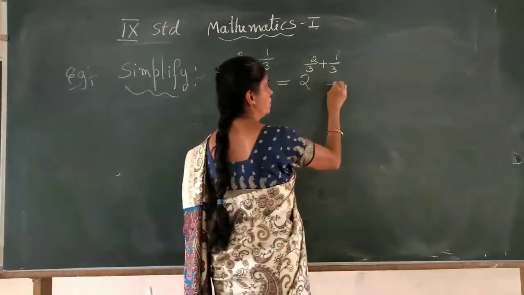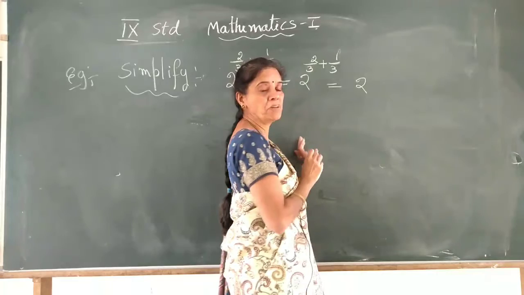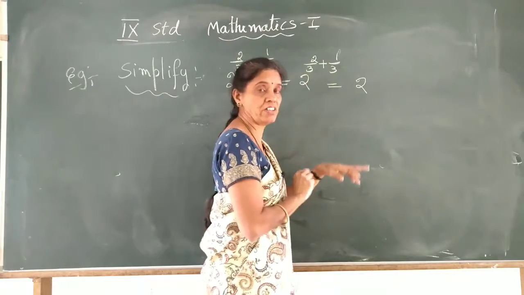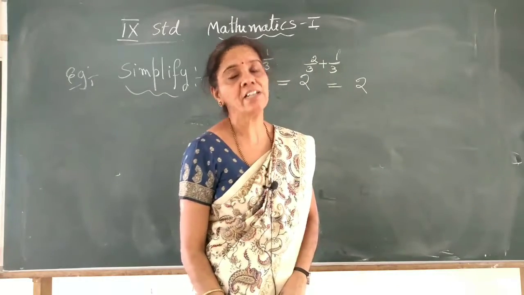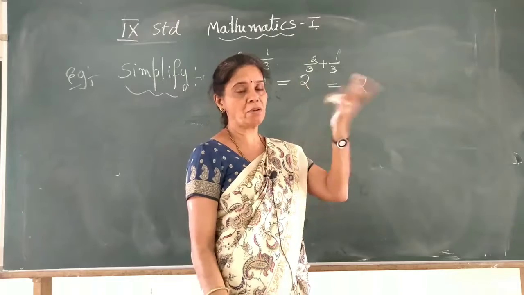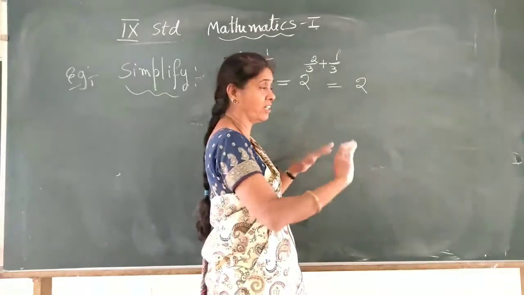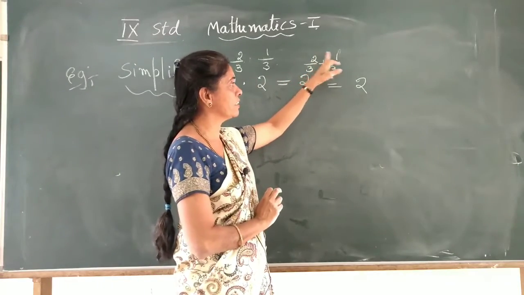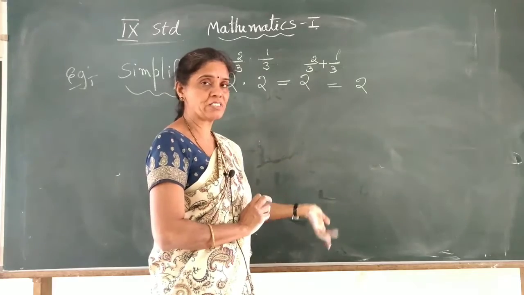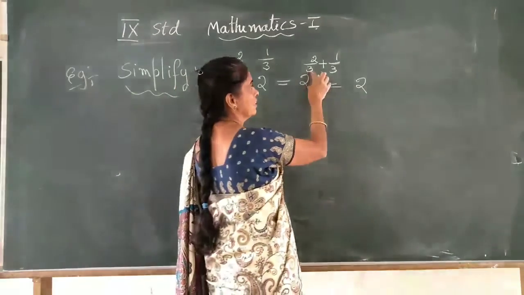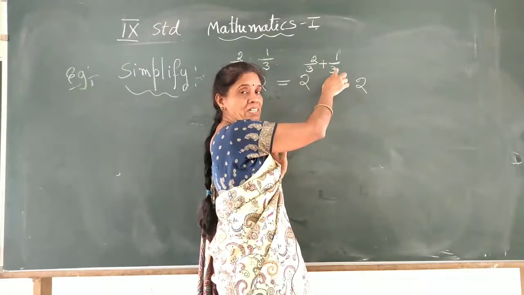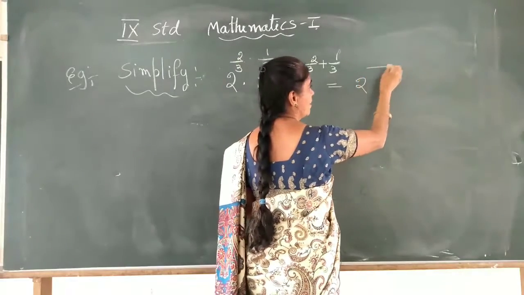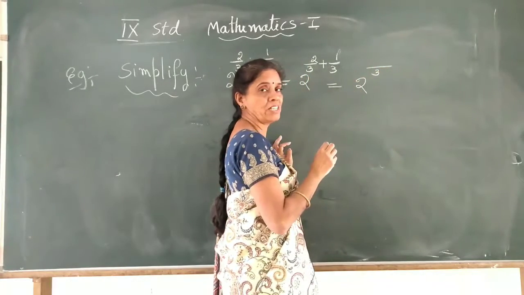Now, it is equal to 2 to the power of, you know how to simplify the fractions. Now, addition or subtraction of fraction, when you are doing, you should make the denominator a common denominator and simplify. You only have to do the operation on the numerator in case of addition or subtraction of the fraction. Now, here the denominator is 3, here also denominator is 3. It is common denominator, so directly we can write it, no problem. Otherwise, you have to find the LCM and find the common denominator.